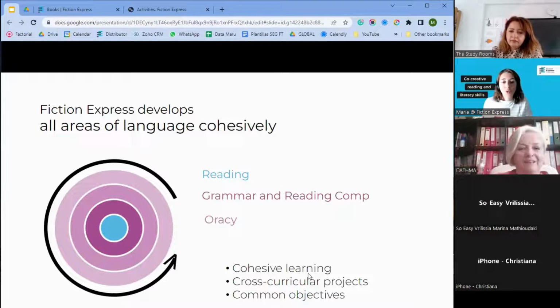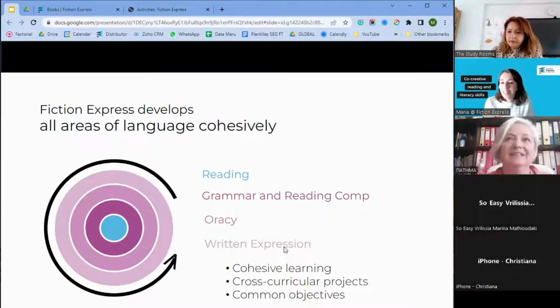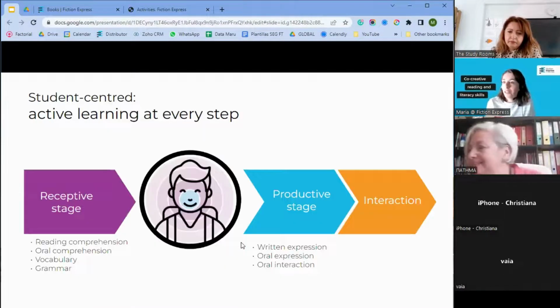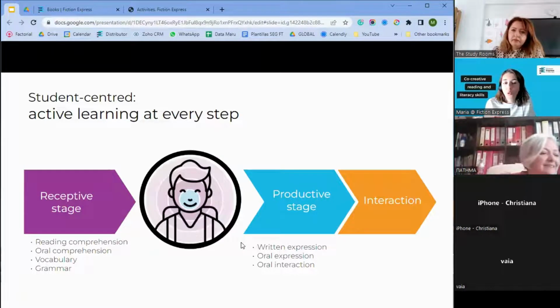And then also we have the written expression that we offer with the platform, such as the forum, the book reviews, and a few other activities. Regarding the language skills, we guide them through the process